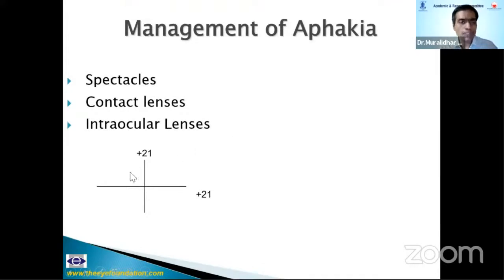And so this is astigmatic cross in a less than 2-year-old. So you've got 21 and 21. In less than 2-year-old, we assume a working distance of half meter. So you need to subtract 2 for the working distance, and the child's interest is in near. So I give bifocals only beyond 2 years and progressives beyond 4 to 5 years.